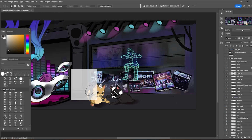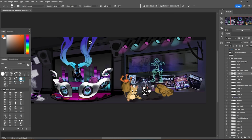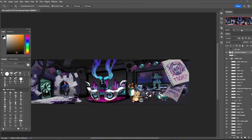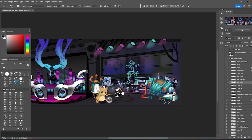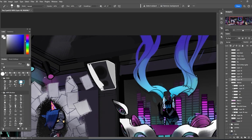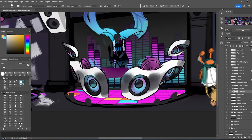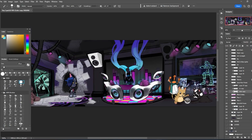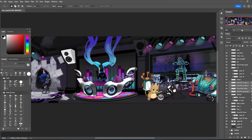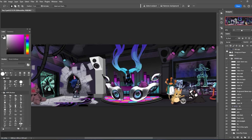And as the illustrations kind of came to a close, the finishing touches towards the end really focused more on, like we talked about earlier, making the animator's job easier. Things like in day 2, you'll see at the top there, all the lights were separated. We had the little disco ball and the Blitz cat hands, Sona's ponytails, the music bars in the back. We had Mumu's arm separated. We had the Yasuo room and the fan and the lights. And there were just so many cool aspects that the team did in order to bring all the motions and